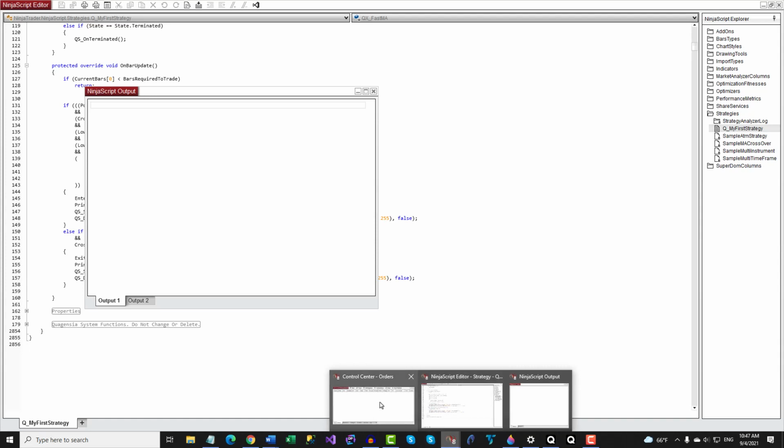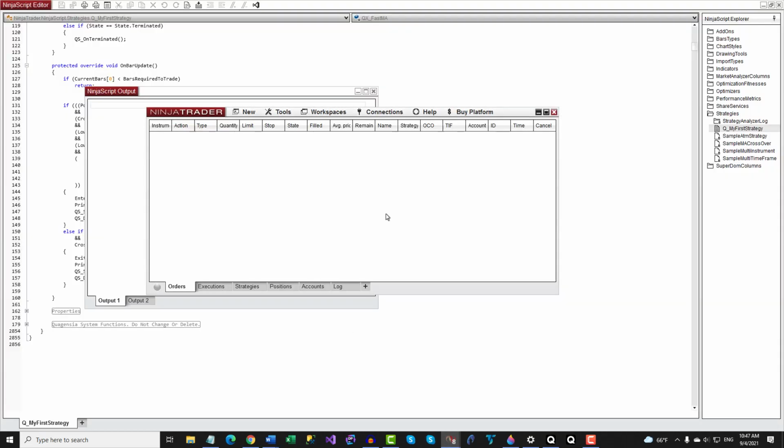If you haven't already downloaded the market data for the instrument on which you want to backtest your strategy, connect to a market data feed by clicking the Connections main menu, followed by the market data feed of your choice. For this tutorial, we will choose the market data feed called Kinetic End of Day Free. If the connection was successfully made, you will see a green circle in the bottom left-hand corner of the main window of NinjaTrader 8, and you will hear a sound if your sound is turned up. If the connection was not made, try a different market data feed for the purposes of finishing this tutorial.